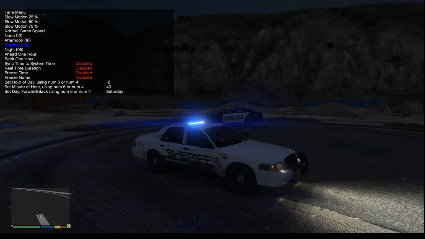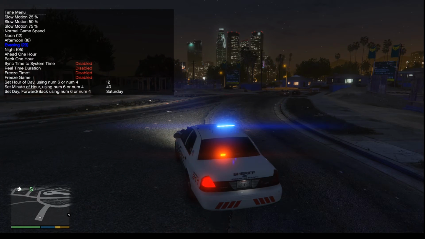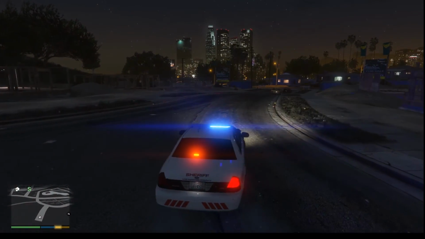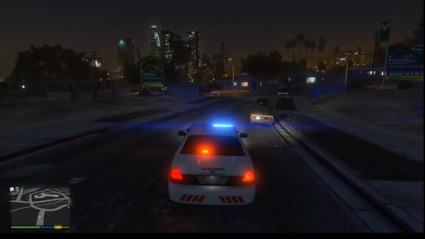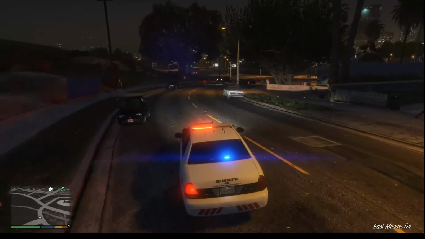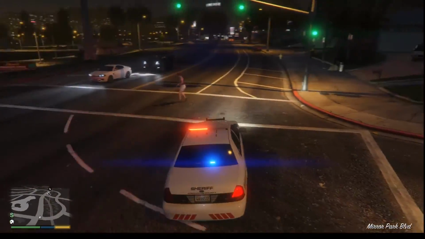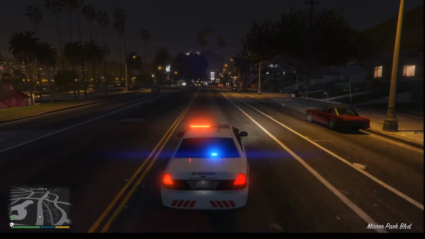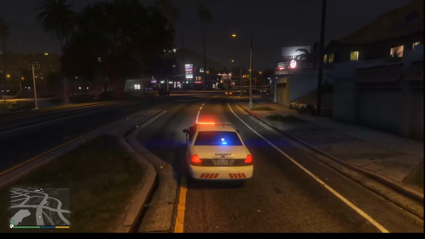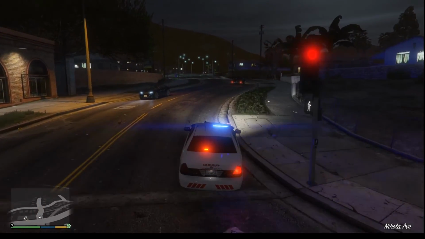But I will make a video on making the ELS lights more realistic. Alright, we'll be up whenever I make the video. So yeah, that's pretty much ELS and how to install an ELS vehicle. Half the time I never actually have any luck with non-ELS vehicles, so I'll try, and the DLC ones as well. So if you want those done, then just comment in the comments, and I will see if I can make a video. So yeah, this is pretty much ELS,